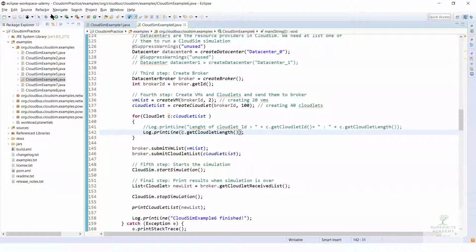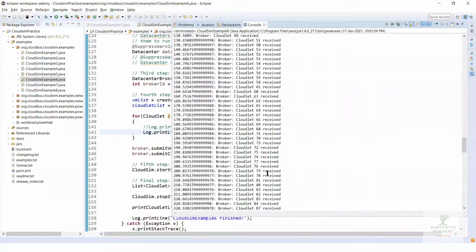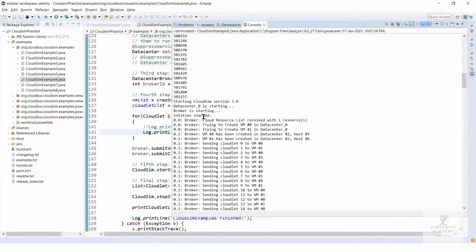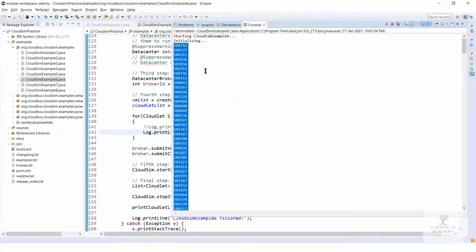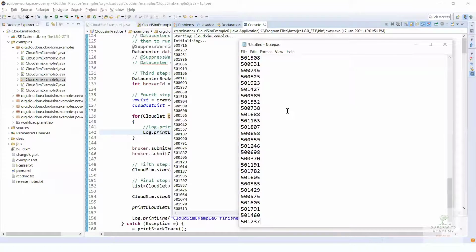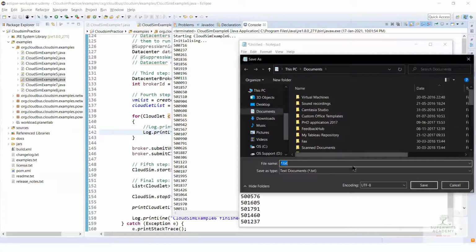This is going to print the particular set of lengths for my list, right? So what I simply do is Control A, Control V, save, and I save it to a place.